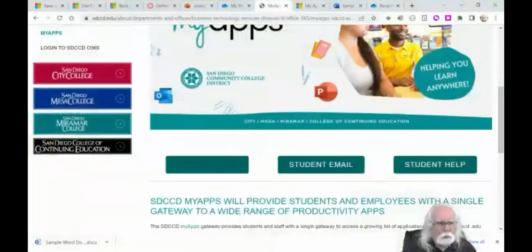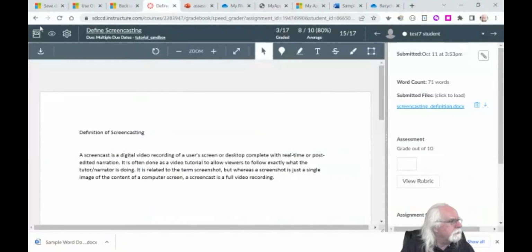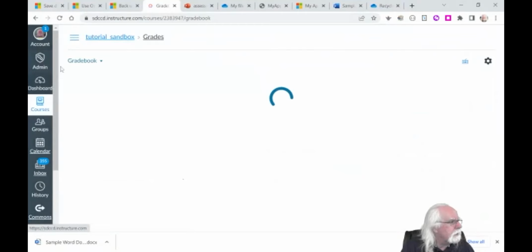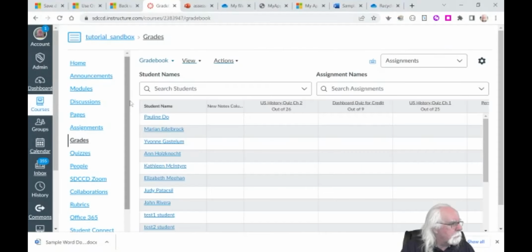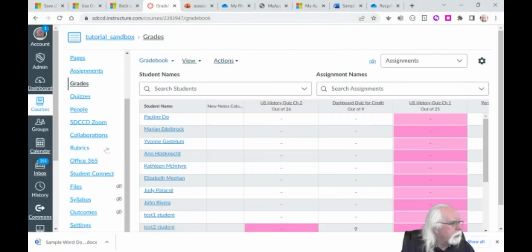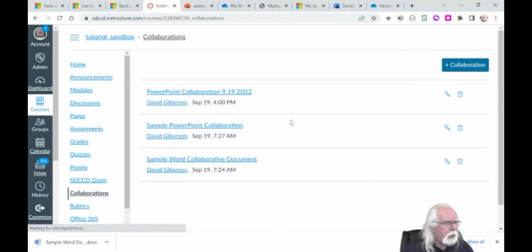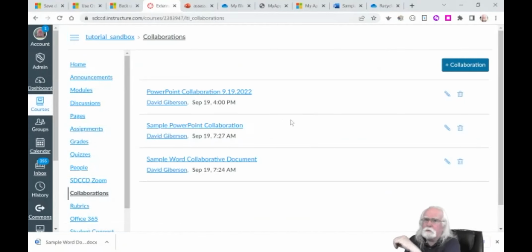Just real quickly on that, we're almost out of time. If I go back to Canvas and I go back to my course menu, there is a link available to your course menu. It may or may not be in there. You may not have activated it, but you can drag it up into your course menu, called Collaborations. And this basically just allows you to create a